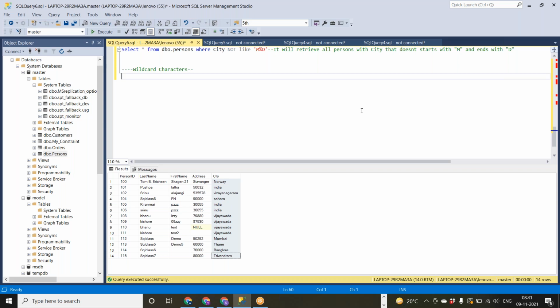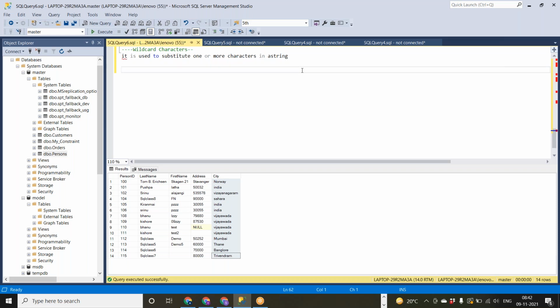We will discuss some of these, as we have mostly used in the like operator. It is used to substitute one or more characters in a string. So this is used with the like operator.